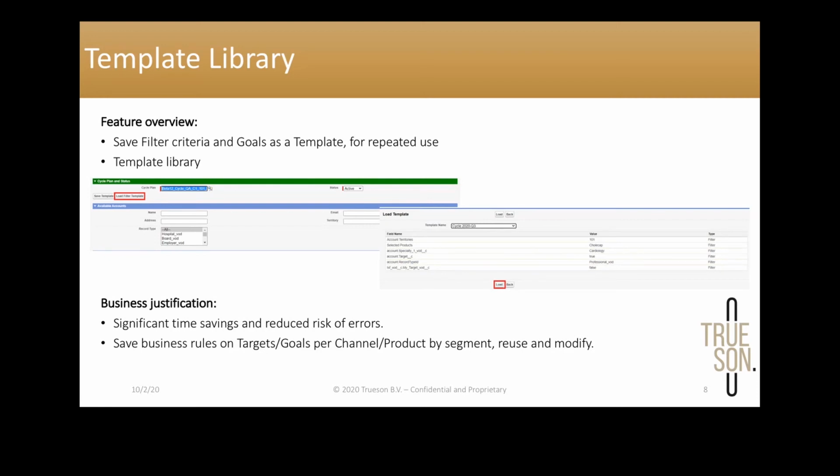Meaning if you want to add, for example, targets and goals for cycle 2, you can reuse the template from cycle 1 and just load the criteria and the goals and run the search and save, and you're done. So again, this saves a lot of time, and also it reduces the risk of error,